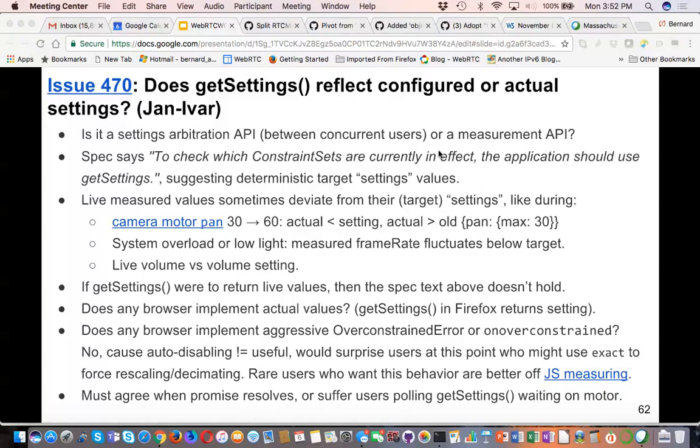I always imagined this working, you have to be very careful in design. There are two very different things: the target value you're trying to pan to, and the current location. We could argue about whether frame rate has two things or not. I think it's clear there are two different things, and it needs to be clearly defined which one of those two it is. Probably it needs to be the target one, and it may need a current camera heading. Right. But if there are two, then arguably only one of them is a dictionary property.